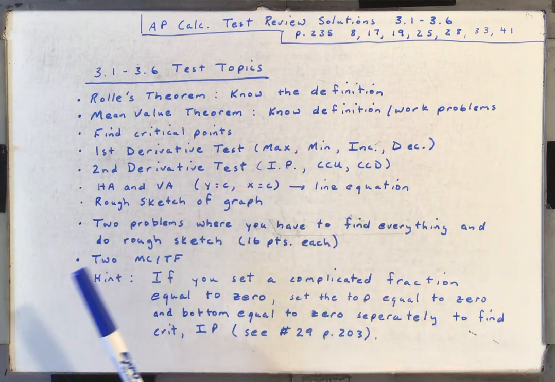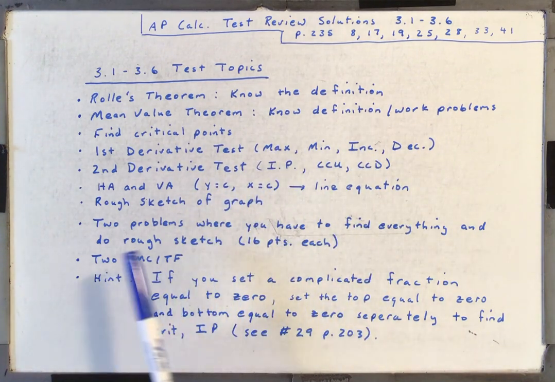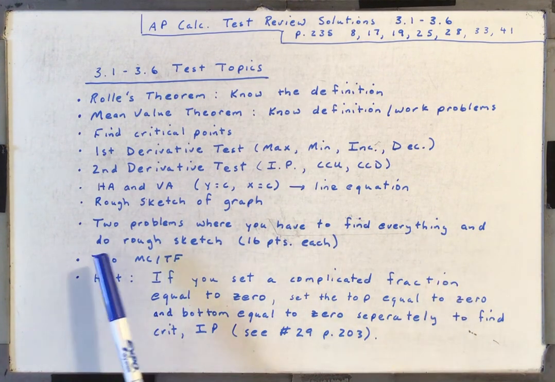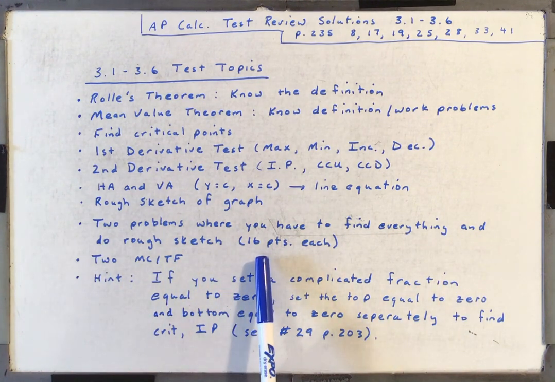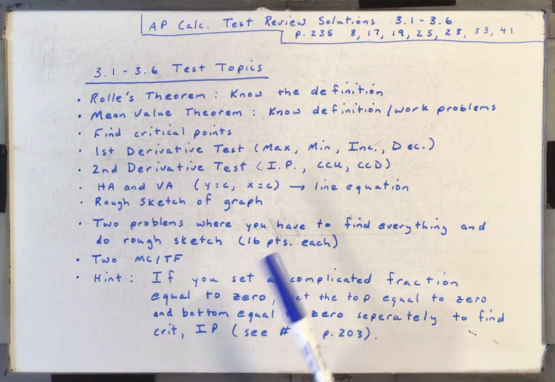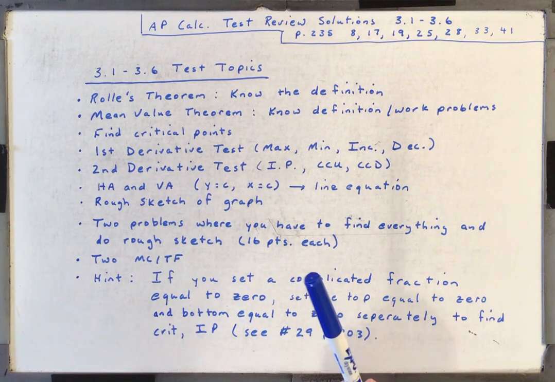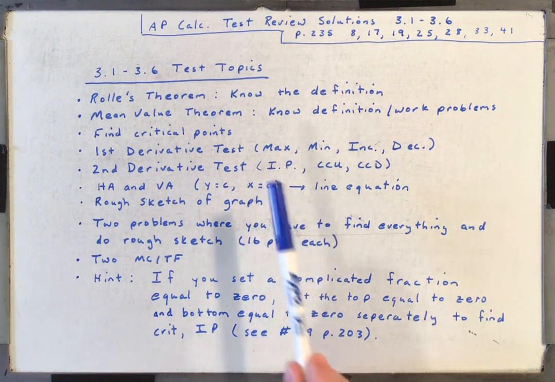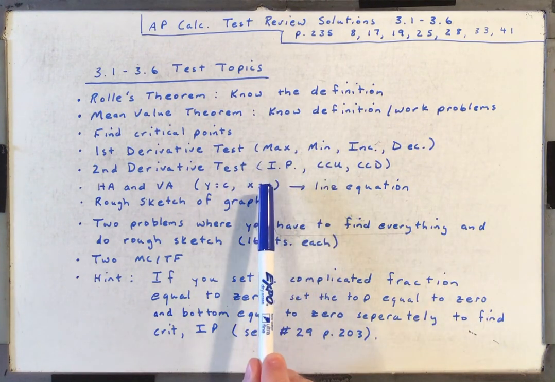When you found all of that, you will have two problems where you have to find everything and do a rough sketch. So those two problems are 16 points each, and that is the largest part of the test, those two problems. But then all the rest of the problems will be just finding max and min, finding inflection point,